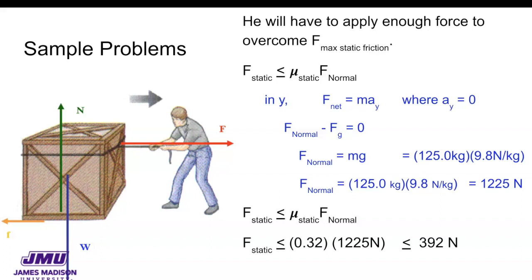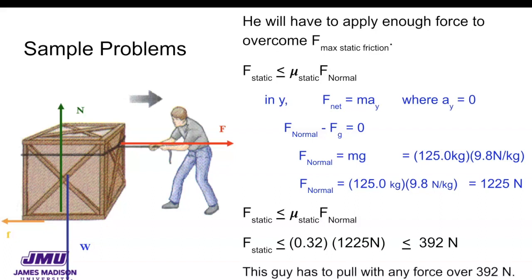As I've mentioned in class, I won't get into whether it's 392.0 or 0.1 or whatever. And the wording of this question is a little odd for whether the crate is actually moving or not, and we're not trying to trick you with that. What we're saying is for any force that he applies up to that much, the crate does not move. Static friction is strong enough to hold it in place. And as soon as he exceeds static friction, the crate starts to move,